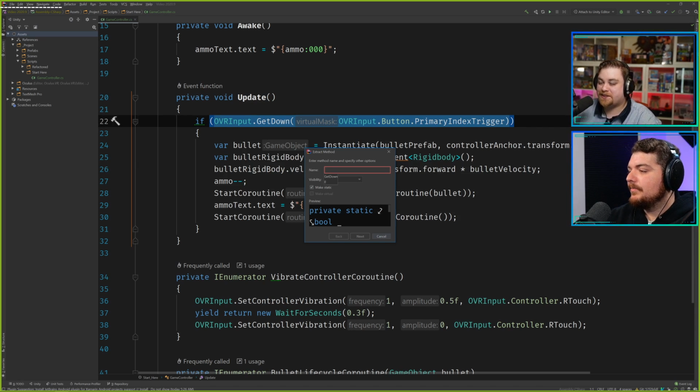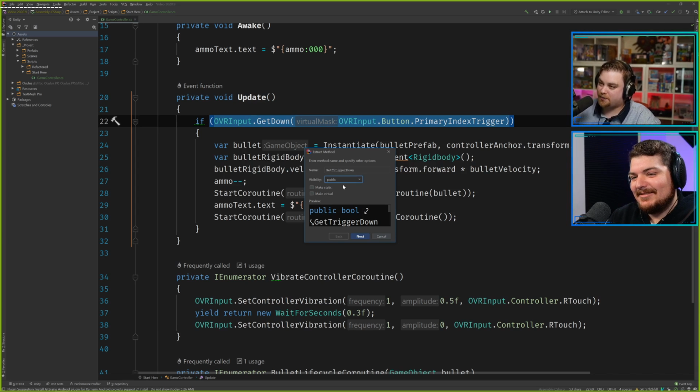What is that? And as somebody who has worked with the OVR get down before, here's a fun fact. There's multiple variants of that. There's get down, which is using primary index trigger, a virtual mask for either hand. But there's also get button raw, which will provide you with the device mapped indexed one, and you can provide based on the controller input you're using. But there's also a third kind. So without getting into details, there's three different ways to define which button or trigger on a VR device purely with the Oculus integration for it. And all three of those can be confusing and different.